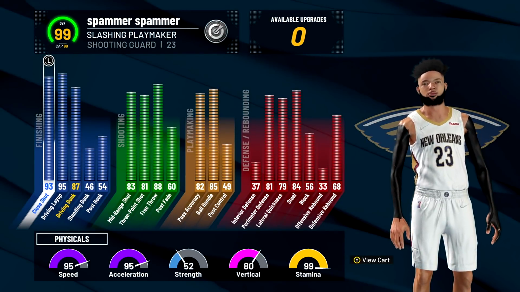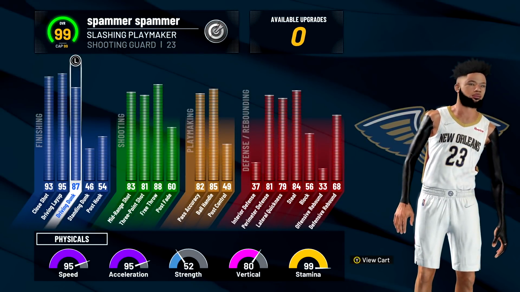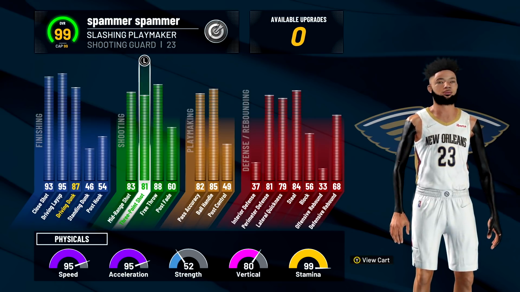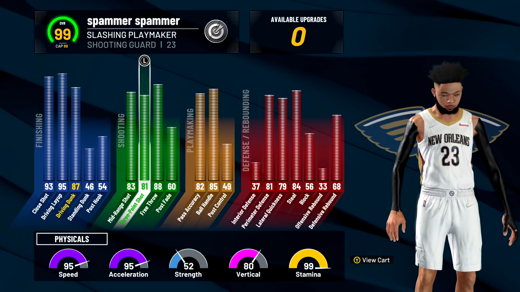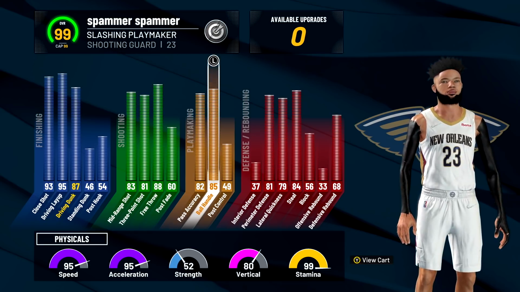You're looking at a build that gets contact dunks with a high close shot and a high driving layup. You get a high three-pointer, high mid-range, high free throw. Then you get 82 pass accuracy and 85 ball handling. And you're under 6'5". You're 6'4" on this build, so you get all the dribble moves, all the packages that